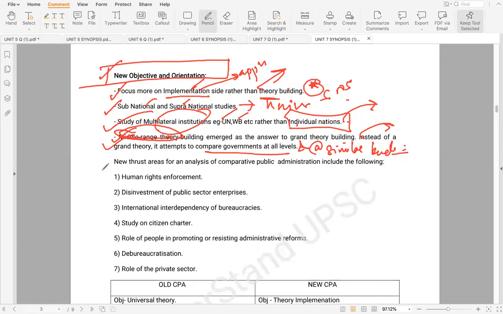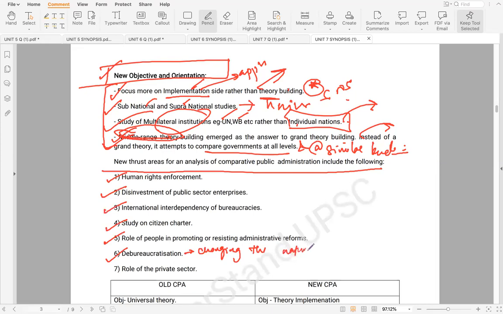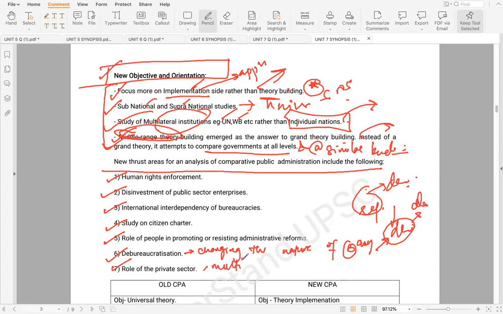Also try to mention what were the new thrust areas. So these were the new orientations. What were the new objectives? We try to include human rights enforcement, disinvestment, international interdependency, citizen charter, role of people, debureaucratization, that is changing the nature of bureaucracy from regulatory to developmental, because this was needed in developing countries. This was needed in developed countries, right? You had a role of the private sector. You also had the role of the multilateral institutions,